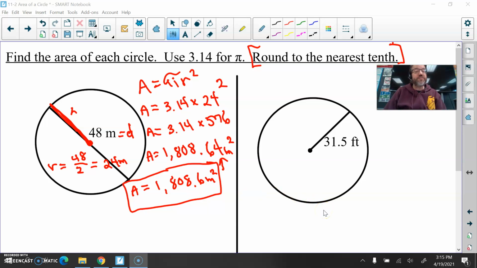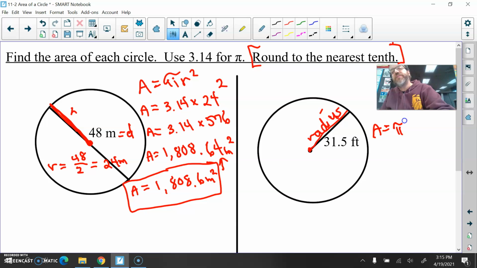Find the area of this circle here. And this one we have 31.5 feet here. And this actually is our radius, isn't it? It's the measurement from the center to the outside of the circle. So to find the area, write your formula down. That should always be your first step. Area equals pi times the radius squared. So area equals, use 3.14 for pi, times the radius, which is given, 31.5